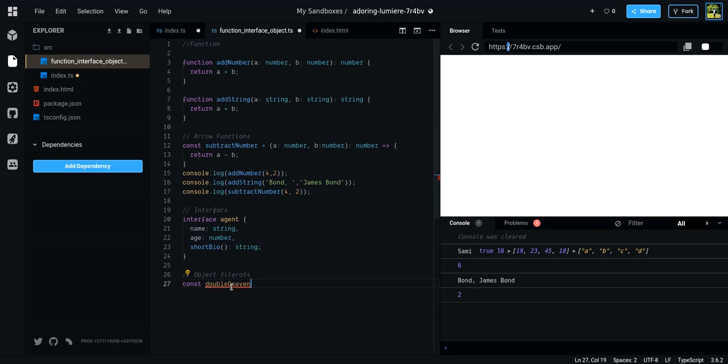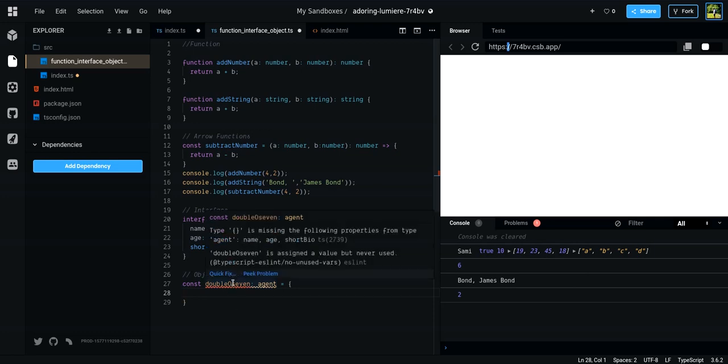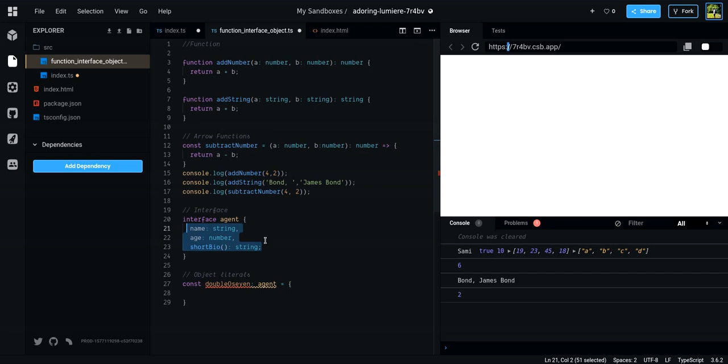This is the object we're going to have, and we're going to say that this will be of shape Agent. And right away TypeScript is throwing us an error, saying that the object is missing the following properties from type Agent: name, age, and shortBio. These are the properties that we defined in this interface. So TypeScript is saying that you're missing these properties, so we're gonna write name, Bond, James Bond,